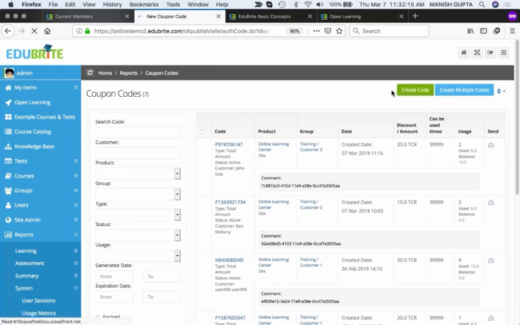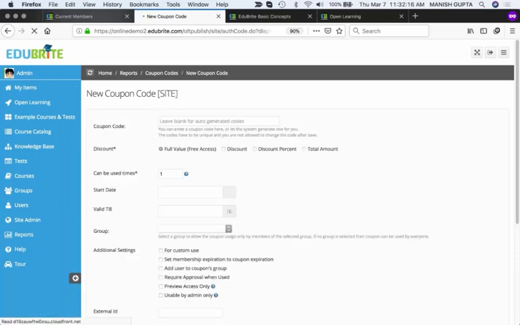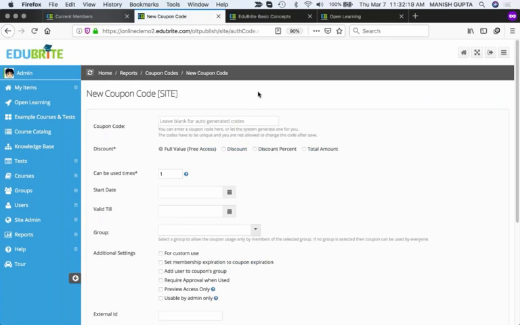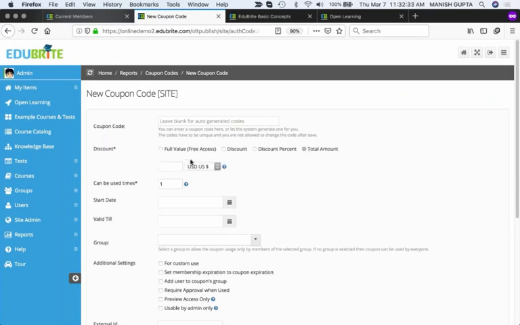So essentially you can create a coupon code. I'm talking from a seller perspective. So seller can create a coupon code, and this is where they can offer the coupon code for either a full value discount, or if there is a predefined amount, then they can say that this is a coupon code issued for $1,000. Or in the case of a training credit, they can say that I'm issuing a coupon code